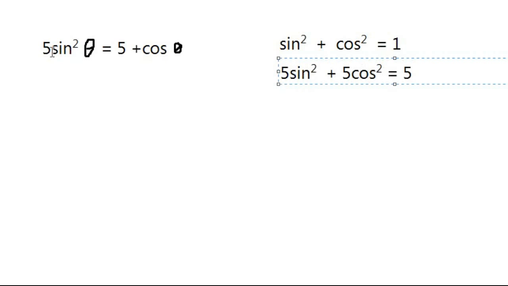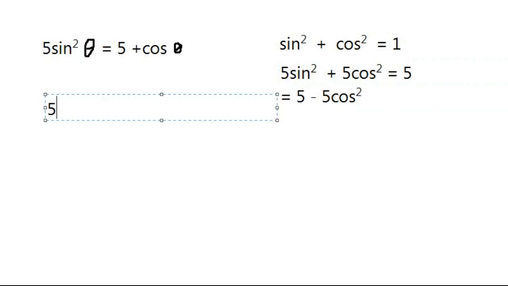And if I want 5 sine squared, you subtract 5 cos squared from 5 and you get that 5 sine squared is equal to 5 minus 5 cos squared. And you just put that into the equation, so 5 minus 5 cos squared